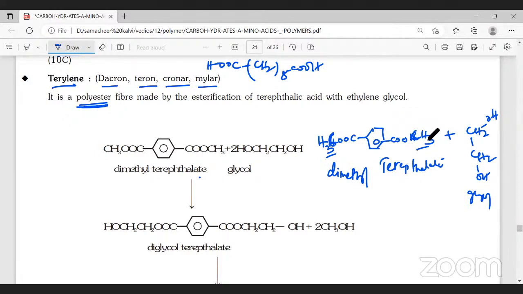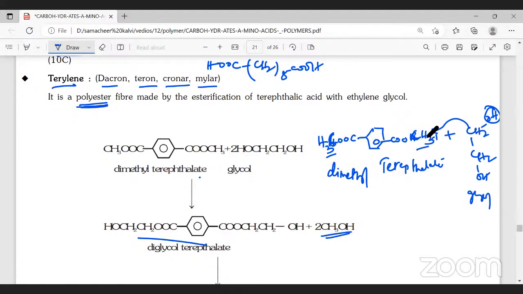One of the hydrogens from here and this OH gets eliminated as water. In place of the hydrogen, carbon gets bonded. Similarly, one of the hydrogens from here and OH gets eliminated as water, and this carbon gets bonded here. So that's the product we are getting here. This is called diglycol terephthalate. And the byproduct,